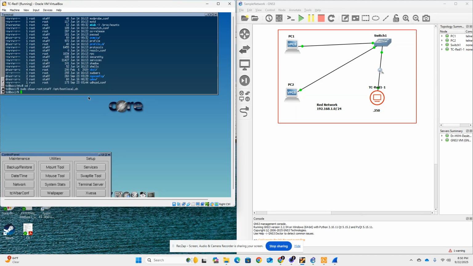Then we're going to set the settings to sudo chmod 775 opt boot local.sh. And now if we go to cd opt